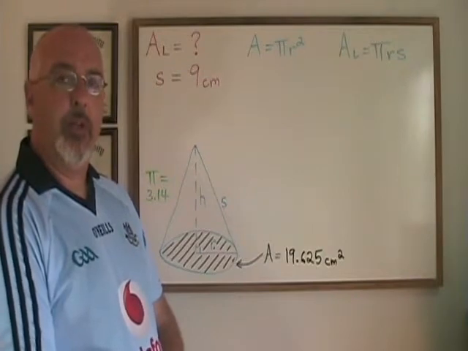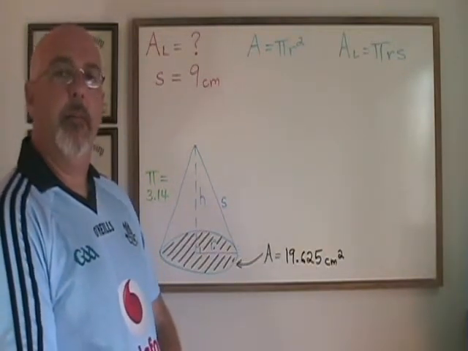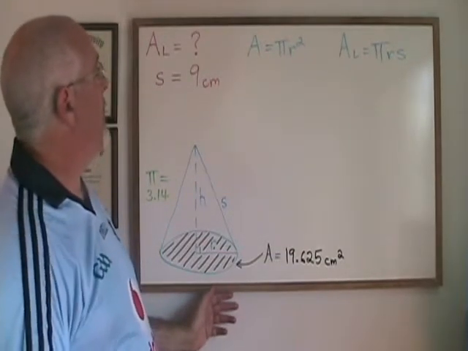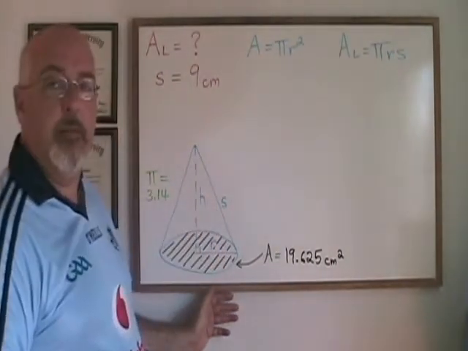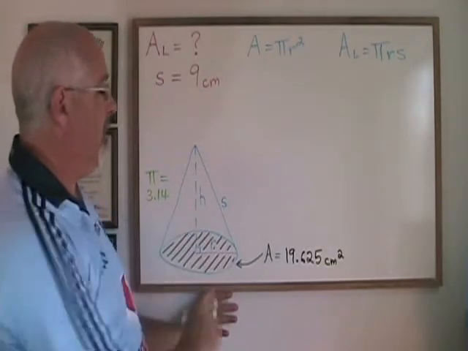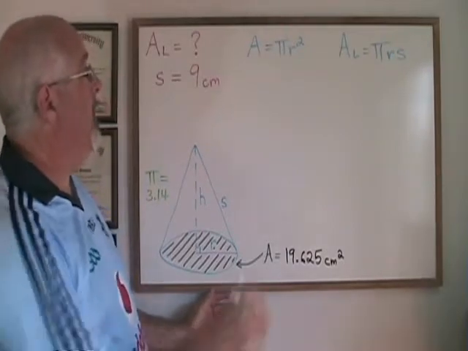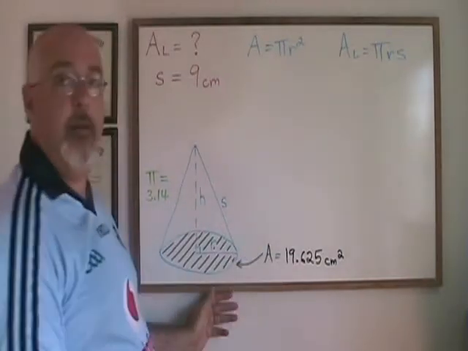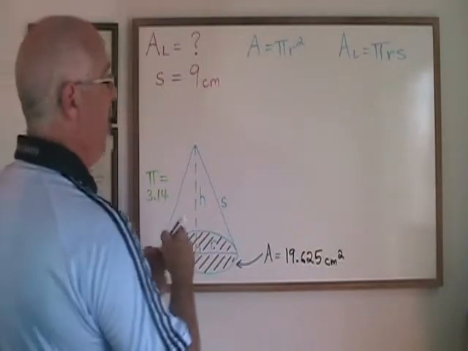Another way in which a question that asks you to use the lateral area of the cone formula can be made a little more tricky is represented in this example here. We are asked for the lateral area, and we are given the slant height, but we are not given the radius. Instead, we are given the area of the circle at one end of the cone. We just have to remember our formula for the area of a circle can be used, given that area, to find the radius. Plugging this value into this formula,